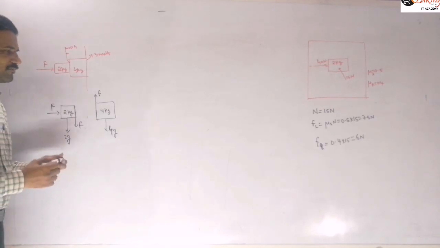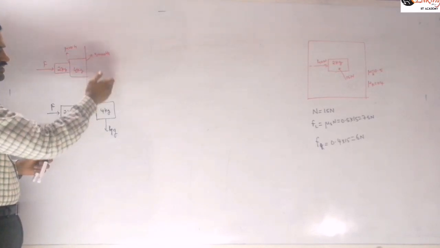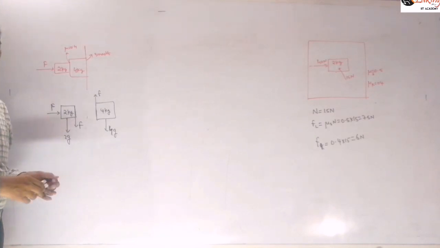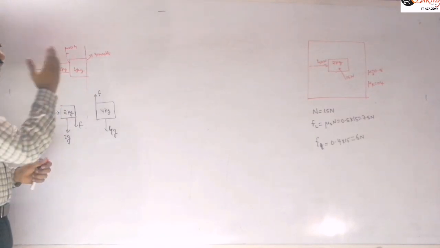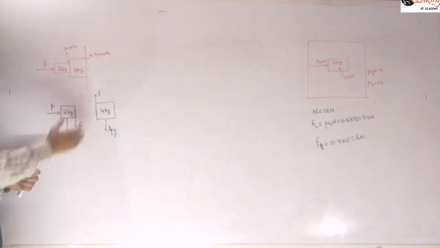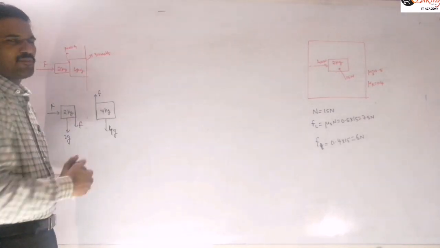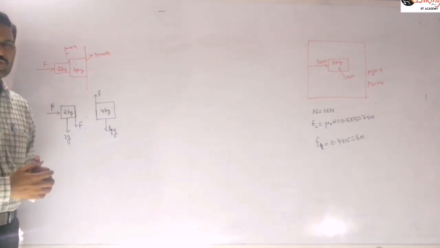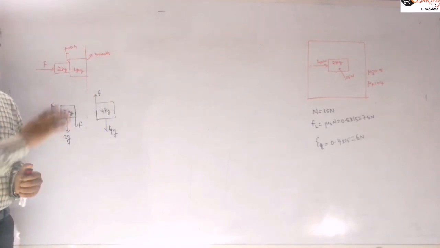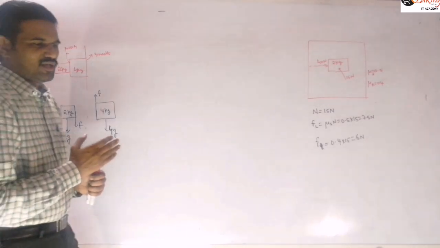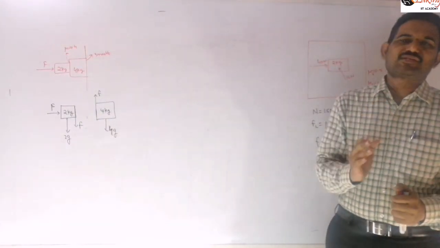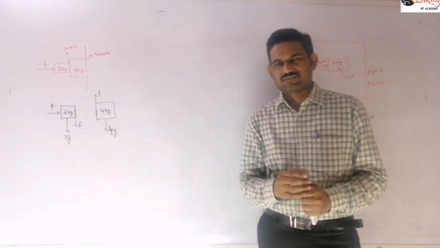Because there is no friction on this side, it is a smooth wall. So what we can conclude is, whenever the wall is a smooth wall, whatever the number of blocks, you may place a single block or multiple blocks in contact with each other like this, and whatever the amount of force you apply, equilibrium of the system is not possible. Right?